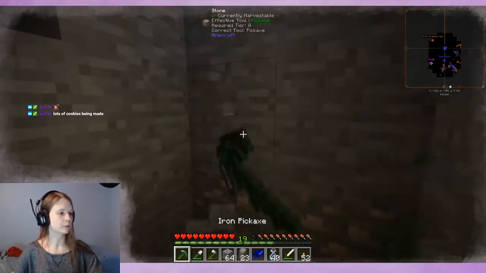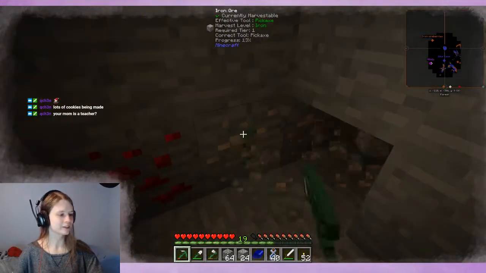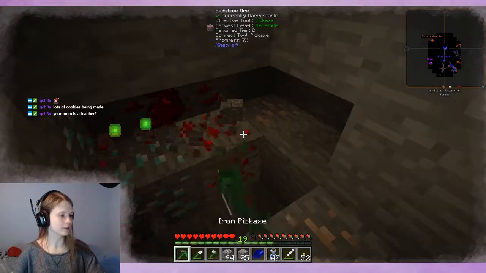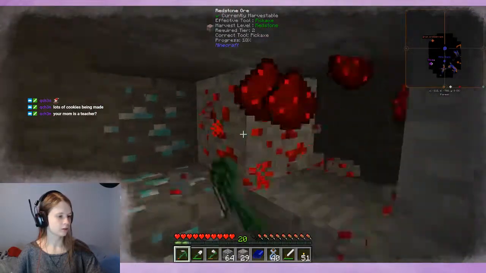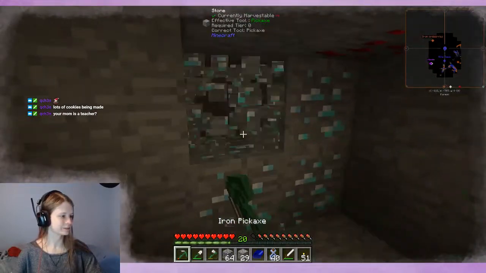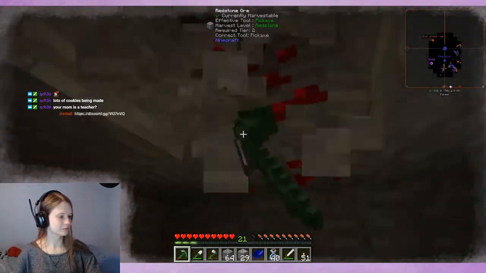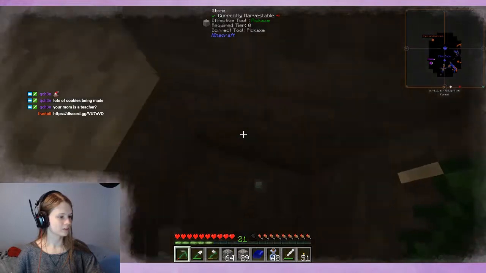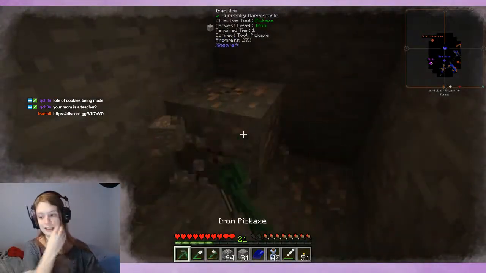Okay, the more I think about it, the more I'm thinking maybe just making that Alamite pickaxe might not be a terrible idea, because this pickaxe's durability is just so bad. Oh, wait, diamonds. Okay, we're definitely going to be building the Alamite pickaxe after this. Sweet, that's 7. Solid. We don't have fortune, so we're not getting insane amounts of diamonds, but,